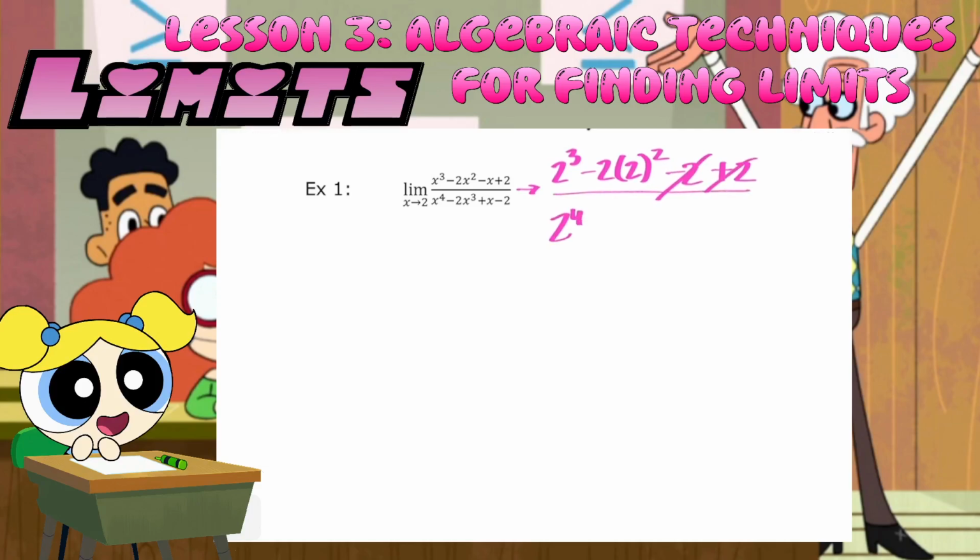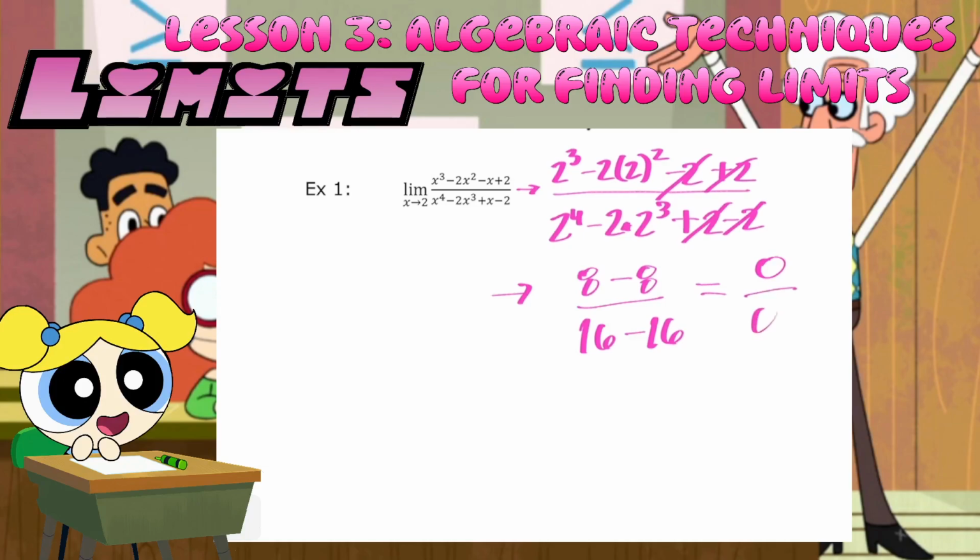Then here, 2 to the 4 minus 2 times 2 to the 3rd, plus 2 minus 2, and that actually cancels out because it's 0. 2 to the 3rd on top is 8 minus 4 times 2, 8 over. Now 0 on top, that's okay. You can get 0 over anything except 0, and the answer would be 0. 2 to the 4 is 16 minus 2 times 8, which is 16,